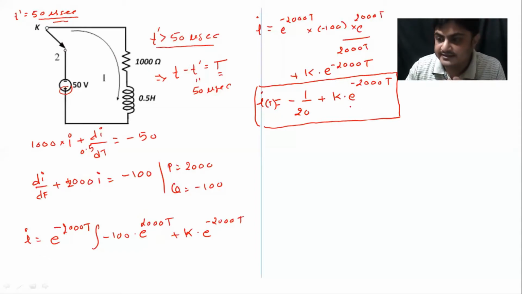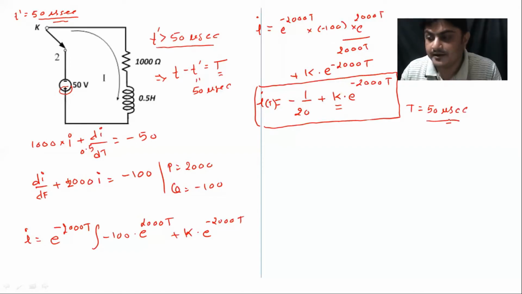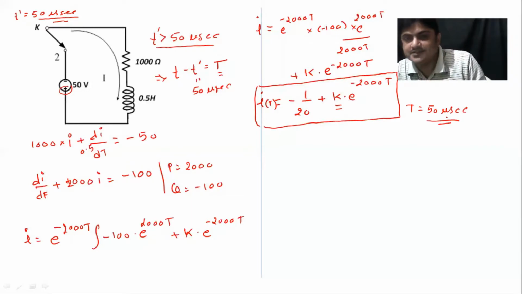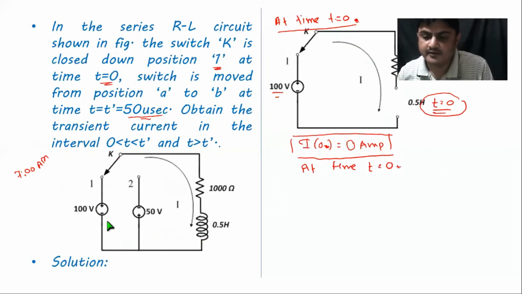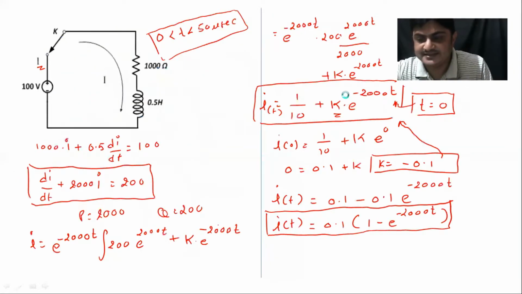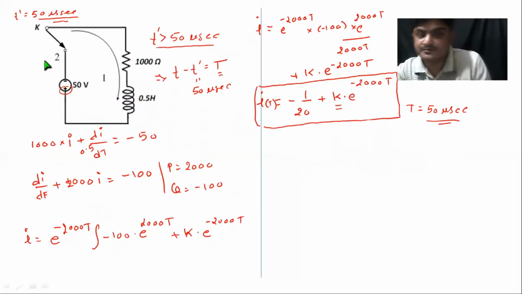It means that in this particular expression, if I am interested in calculating the value of k, what is the condition that I have to put here? I have to put the value of t equal to 50 microseconds. Remember, if you put t equal to 0 microseconds, you are shifting from that status, where the current is 0. But what you are actually doing is energizing this circuit at 50 microseconds. So I have to come back to the initial condition at 50 microseconds. You must remember this.